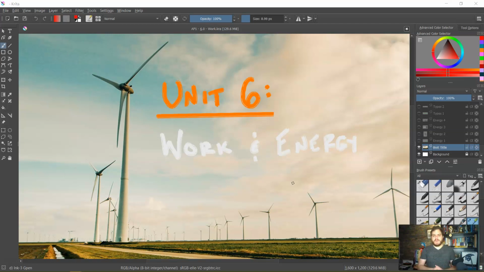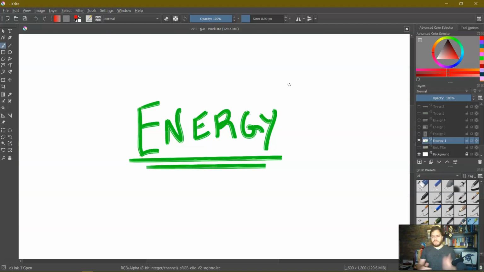Okay, AP Physics 1. Today we are going to be starting a new unit, Unit 6, Work and Energy. And with the exception of probably forces and Newton's laws, this is arguably the most important unit we're going to be focusing on in this course. But before we jump into it and start really talking about the main lesson for today, let's talk about energy